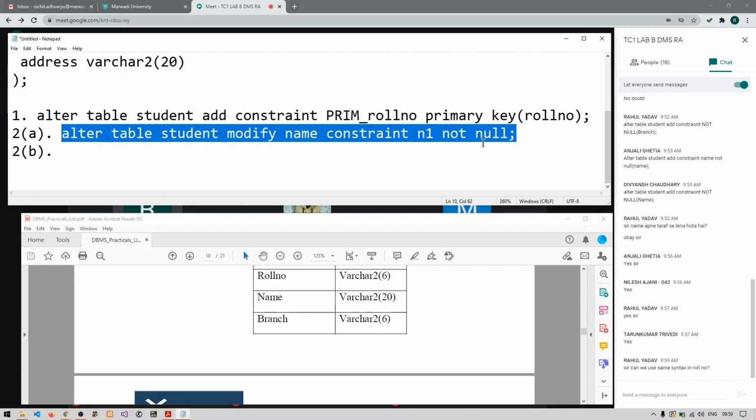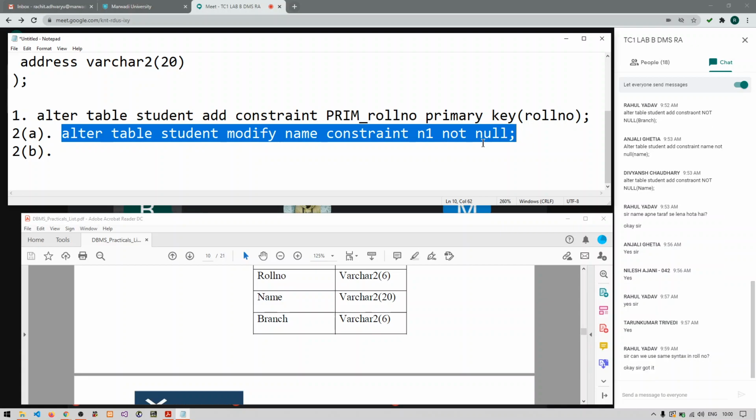No, Rahul, because we cannot use the same syntax for roll number. If you want to add a not null constraint, then you can use this type of syntax. But in roll number, we wanted to add a primary key, right? So for that, we cannot use modify. We are adding a primary key, not modifying one, because we did not have a primary key earlier, right?